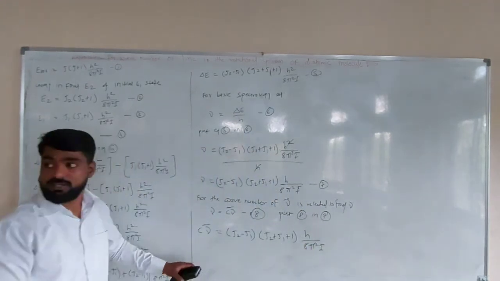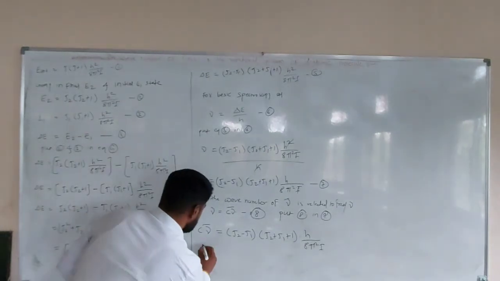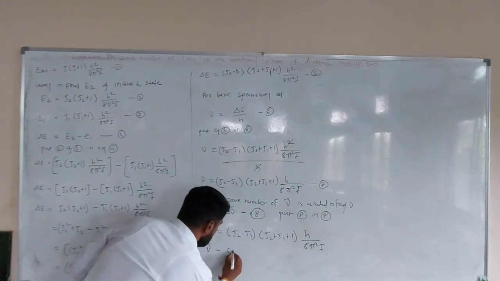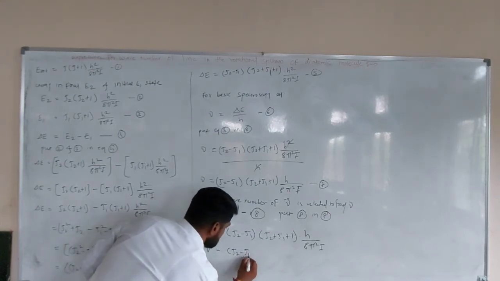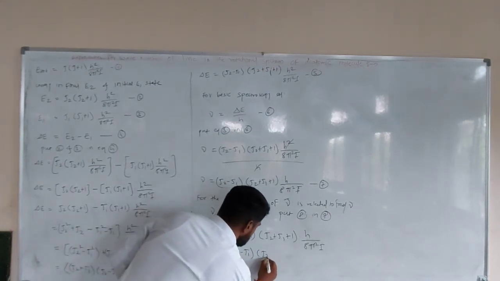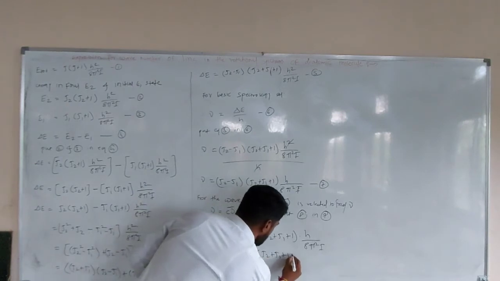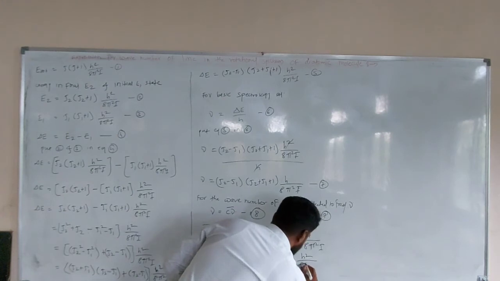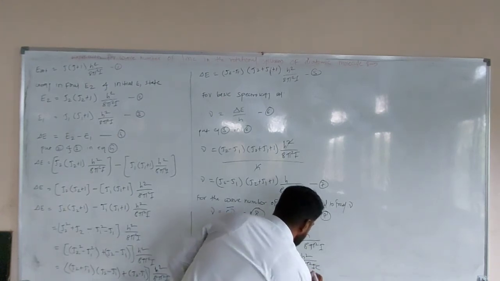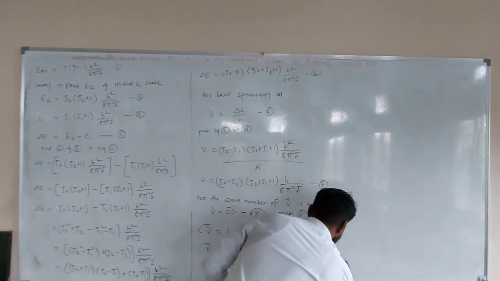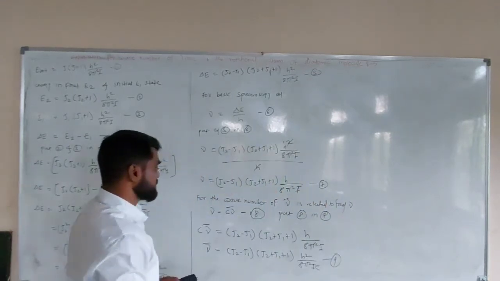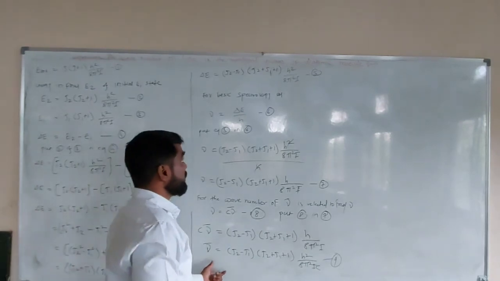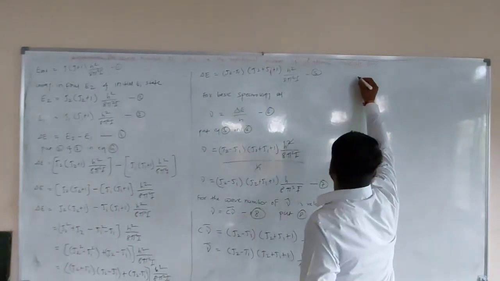Now simply we can shift c from the right hand side. That is nu bar is equal to j2 minus j1 into j2 plus j1 plus 1 into h square upon 8 pi square I c. This is equation number 9. This is the equation for wave number of line of rotational spectrum of diatomic molecule.